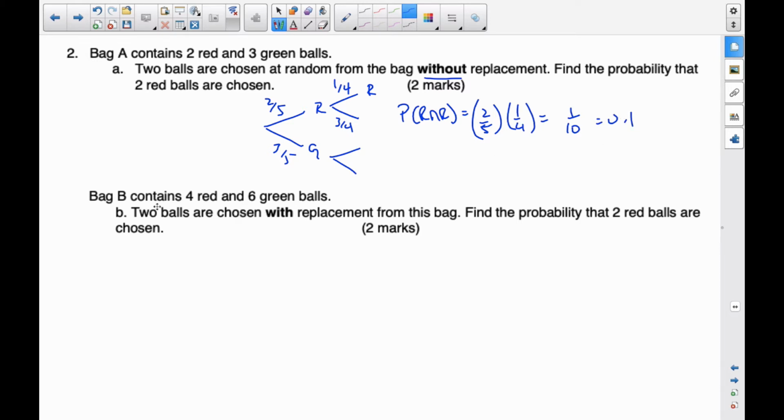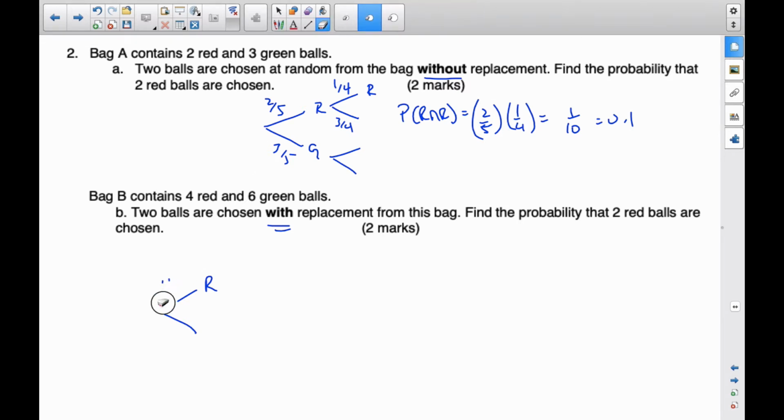Now, similar to this one, I've got 4 red and 6 green, but it's with replacement. It means they go back into the bag. So I could pull a red, and that's a 4/6, or sorry, it's not 4/6, it's 4 out of 10. Or 6 out of 10 is green. Well, I'm just going for the red ball, so I know I can go again for a red, and that